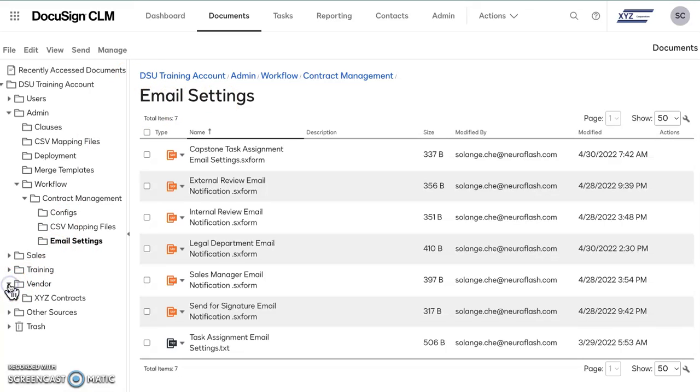Here, I moved mine to be in the vendor folder. So within the vendor folder, I have the XYZ contracts, and we can see the contract we generated right in here. So I created a subcontract to carry all the contracts that were generated in here. So that is it for this part of it. If I move over to task, I do not have much in task, but I want us to go back to admin